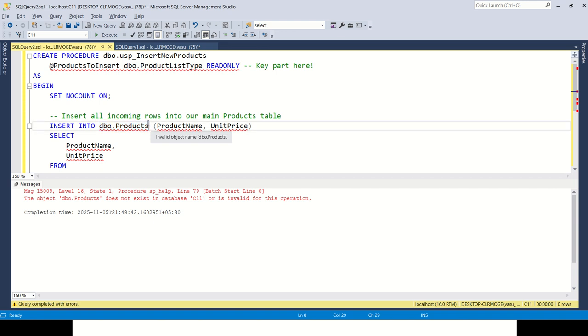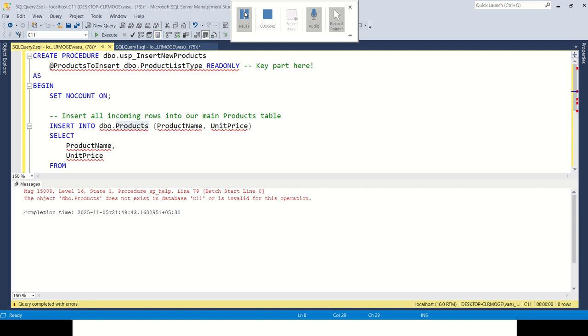So the product table does not exist in the database. So let me create that one also. I will create it later. So we'll continue the example. I just noticed this key part is product, as I mentioned, product to insert, and DB product list